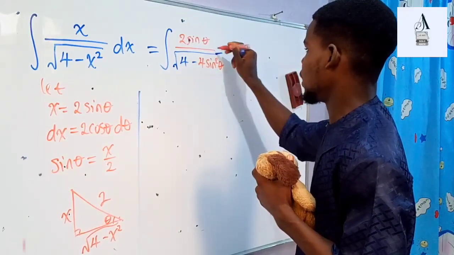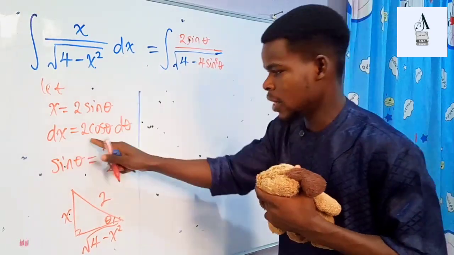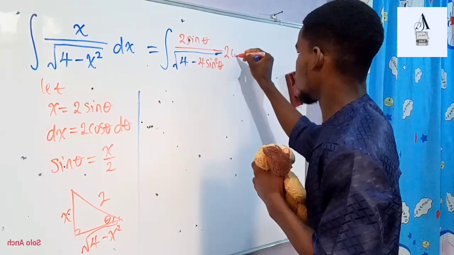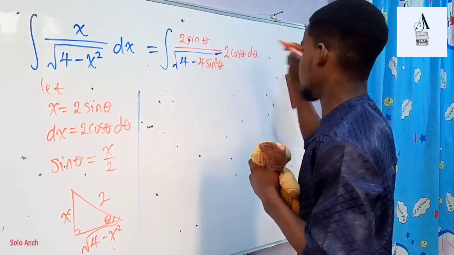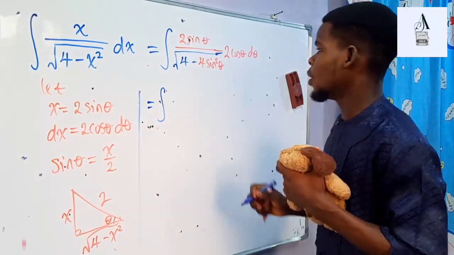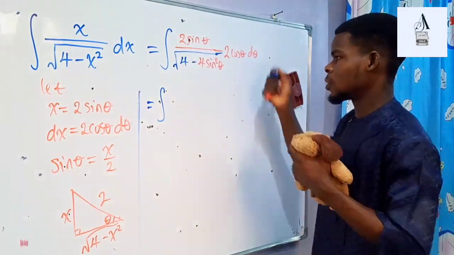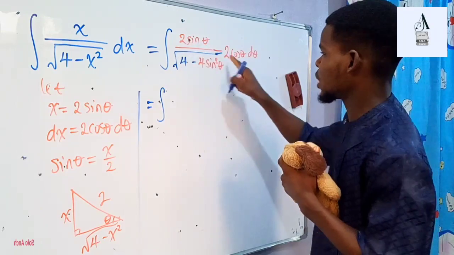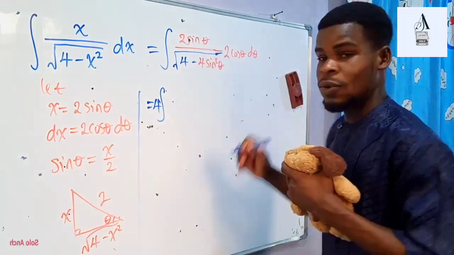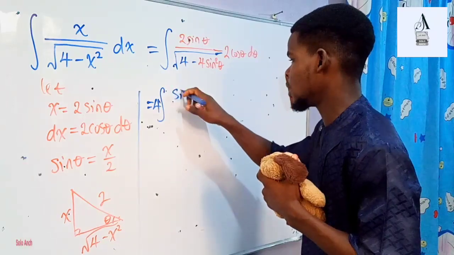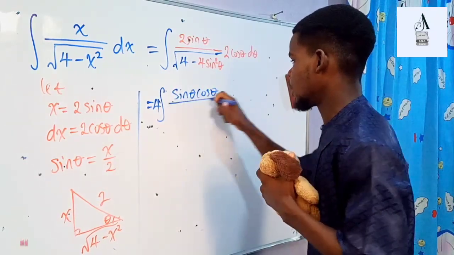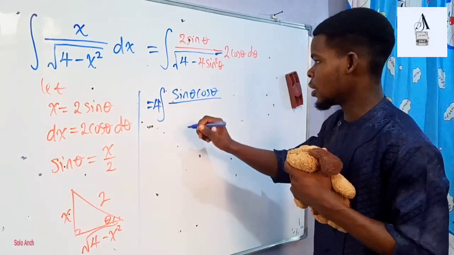And dx, from here, is just 2 cosine theta d theta. Very nice. So this is 2 times 2 here, maybe we can put the 4 out front. Then we have sine theta times the cosine of theta, divided by the square root of